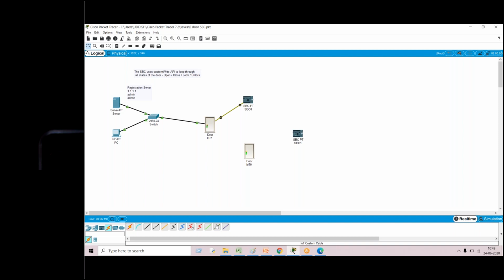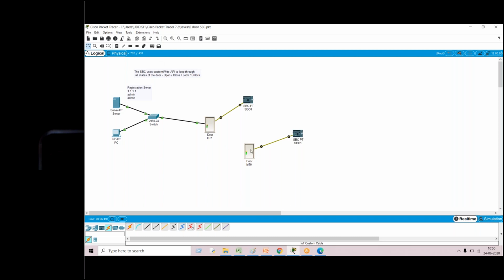Connect D0 to D0. Fine. Okay, fine. Okay, sir.